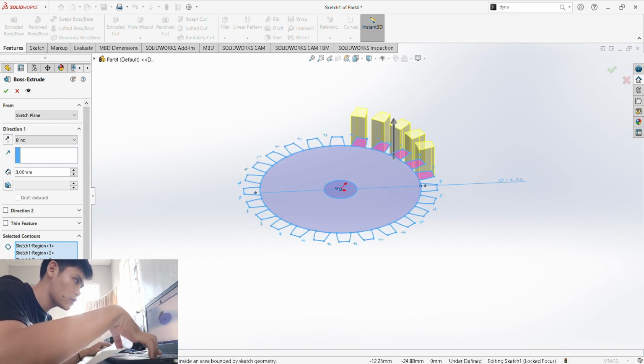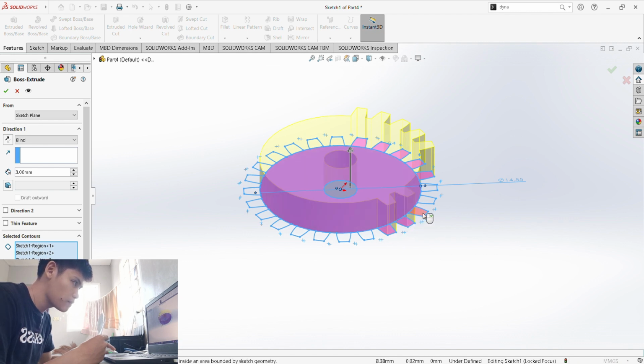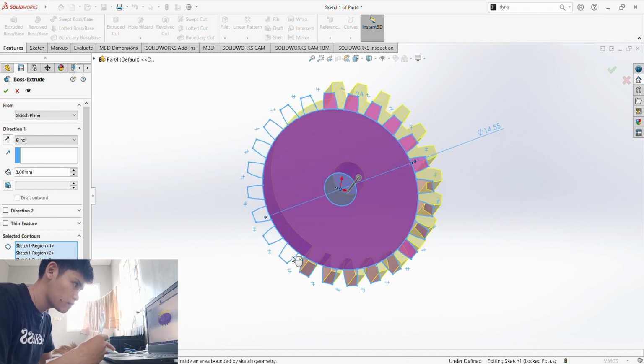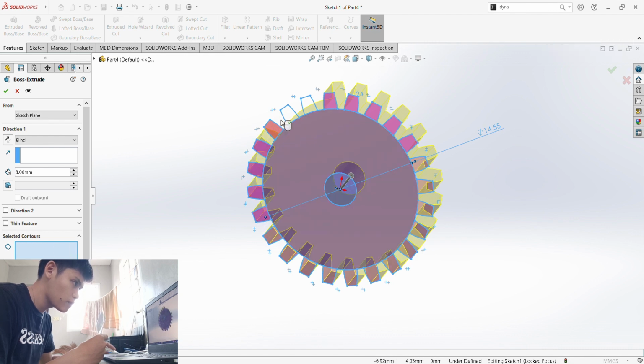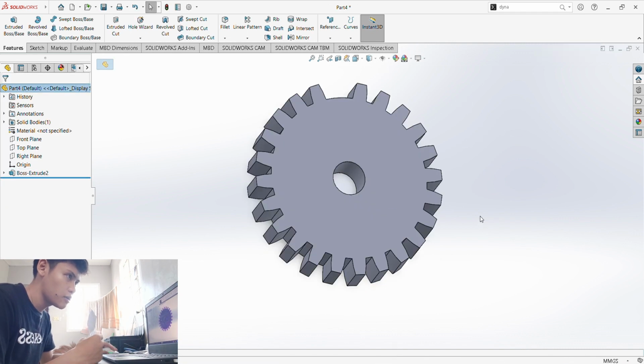Let's just go with Ctrl A and then select this region. And press enter or escape.